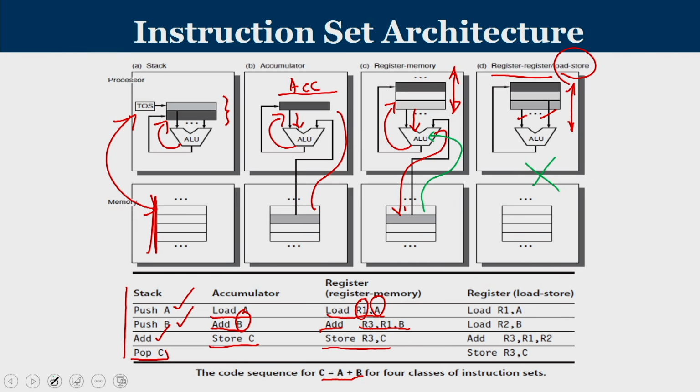Now, when you go to the load store architecture, the operands of an arithmetic logic operation can only be registers. So, you have a load operation wherein the first operand is moved to register R1, another load operation wherein the second operand is moved to register R2, perform add operation so that the result is now in register R3 and transfer the result. So, that is all about register or load store architecture.